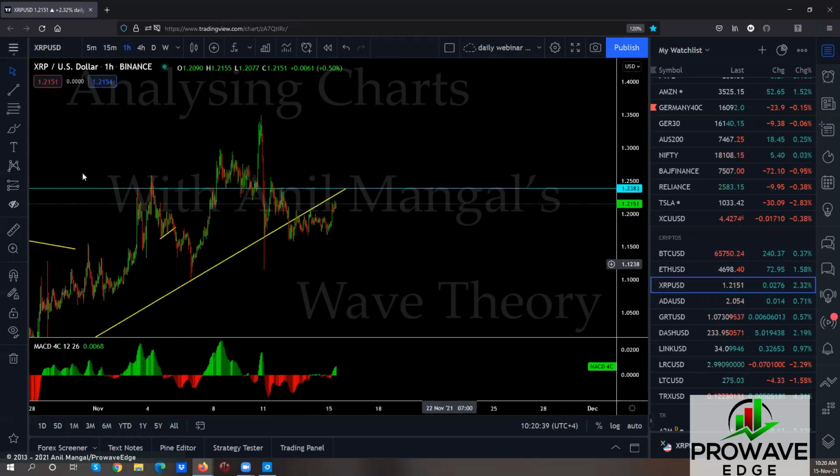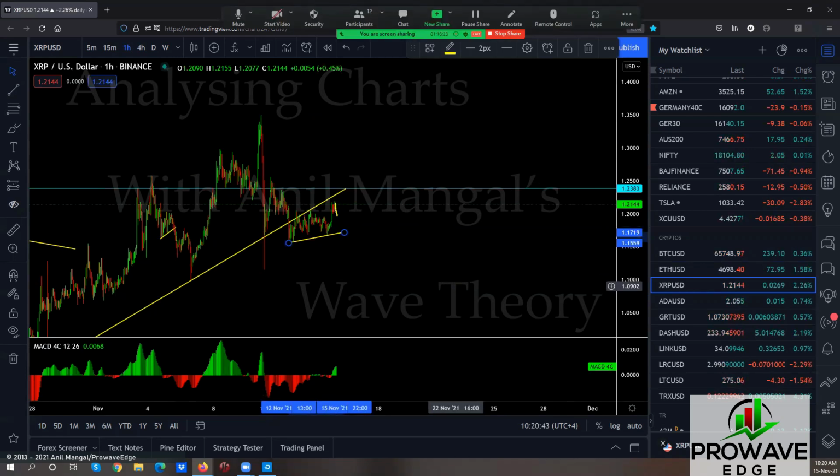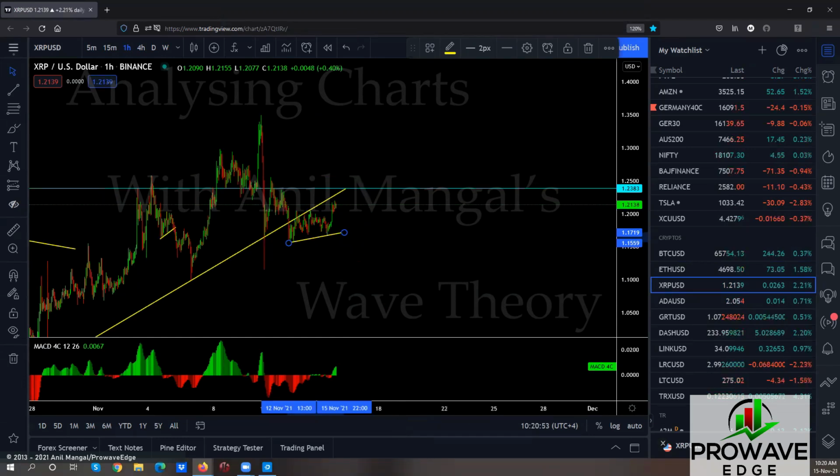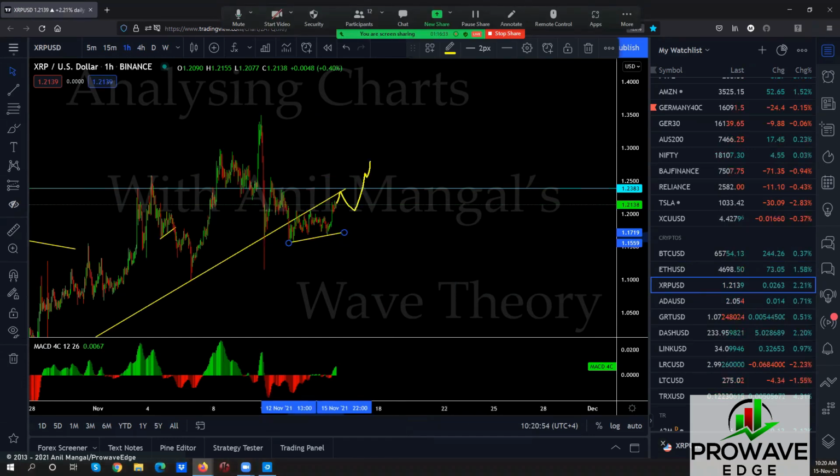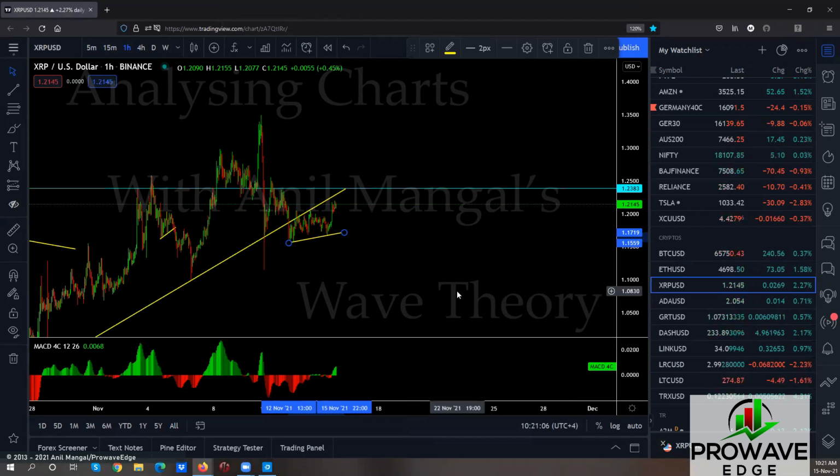XRP. Okay, this is what we have here. And this looks like a short-term sell. This here looks like a short-term sell that should come here, go back up there. If that happens, we get a flat here. And then this drops, if that happens. If it's going to make a running flat, then this would probably go higher. Pull back like this, give you a running flat here. Break the top, come back here, then go. Those are the possibilities. How are you going to trade it?